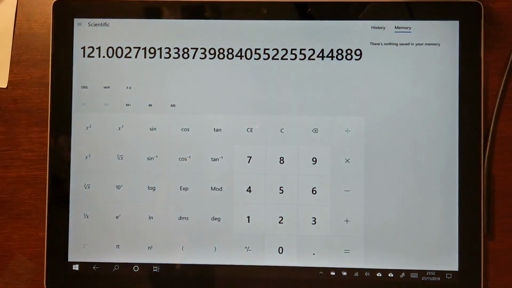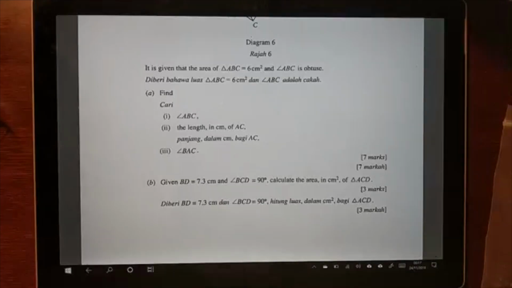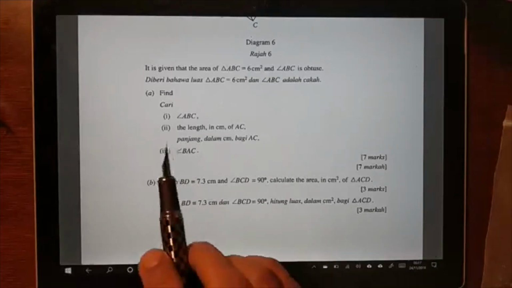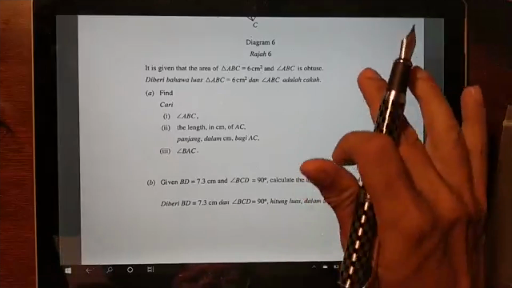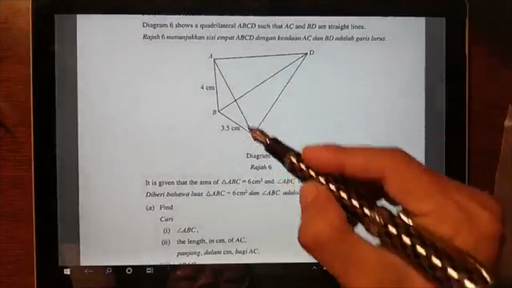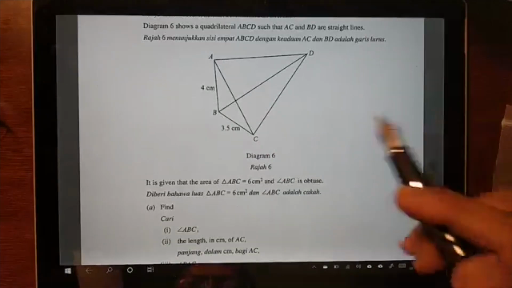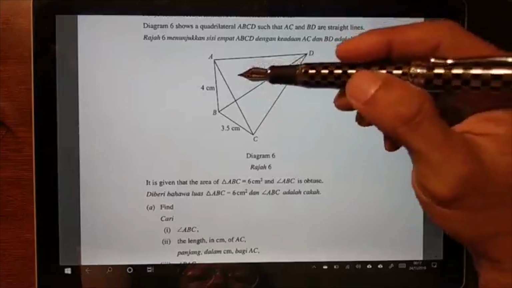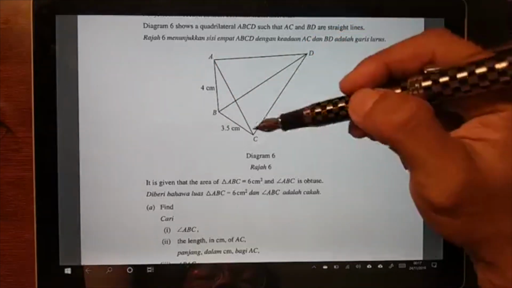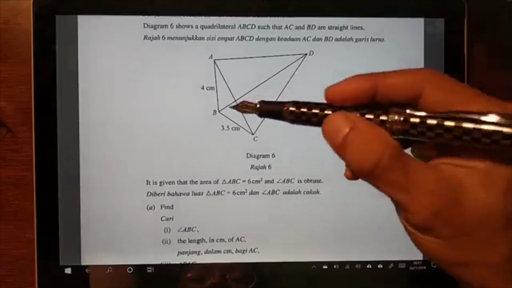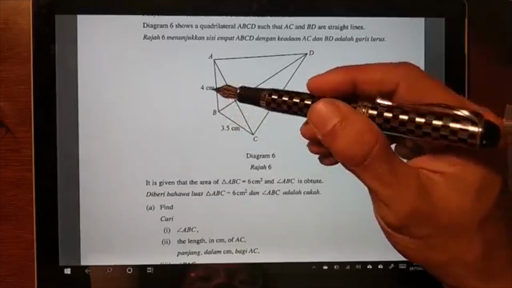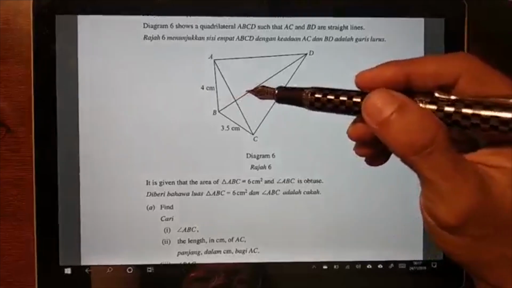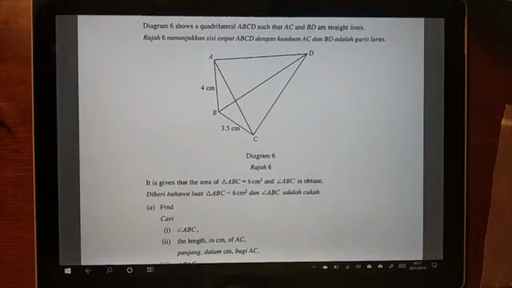Okay, done. So for question A, subsection 2, to find the length of AC in centimeters, there's a few ways of doing this. One way is to use Heron's law. You know the area of the triangle. You can compute the third side using the existing two sides, or you can use the cosine rule, which uses the included angle. Alright, so the cosine rule states that length AC, which is also known as B,